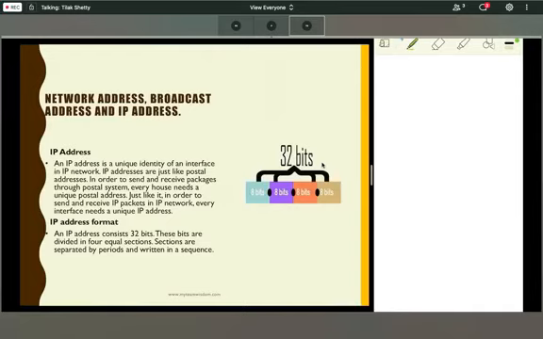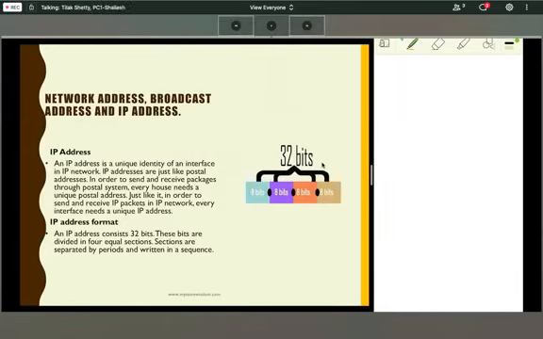You mentioned one thing yesterday, that an IP address can be divided into network address and host address. One IP address can be categorized into network address and host address. So the network address is a part of the IP address. That's all I know. Okay, fine, so it is within the IP address.